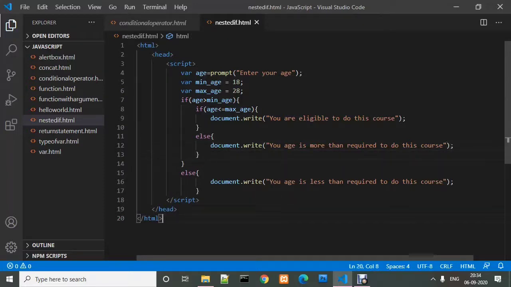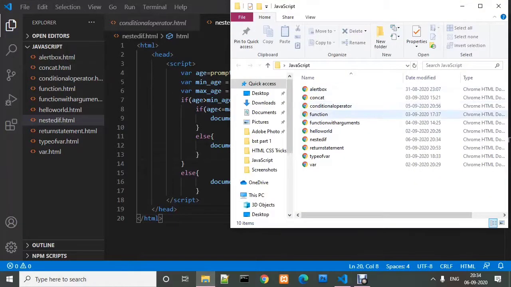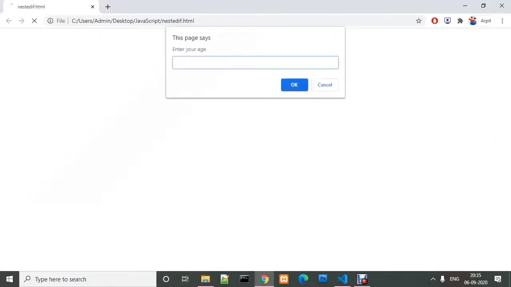Now we will save this file again and open the folder where we have saved this file. Our file name is nested if, so nested if is here. When this file opens, it will ask for the age. Suppose I enter 18, which is equal to the age which is necessary.